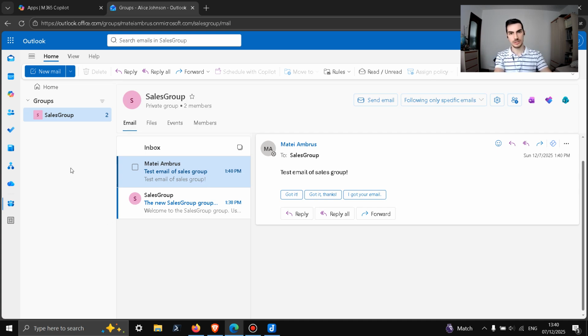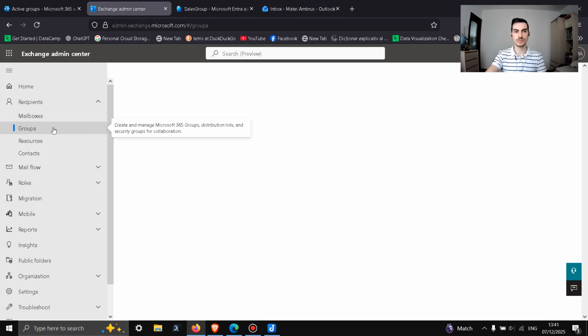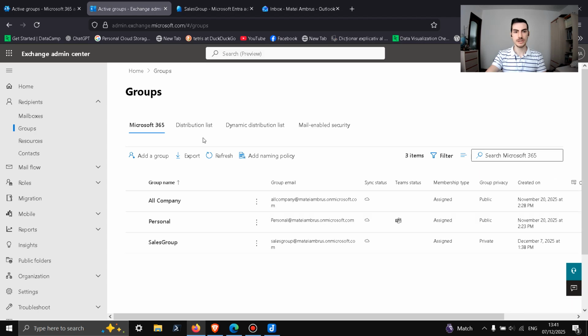And now usually the user can give a reply to the email sent to the mailbox of the group. However, from my experience, I've seen that the behavior is very inconsistent. What I can show you is this. You go as admin, you go inside of Exchange, then you go to groups. Here inside of groups,